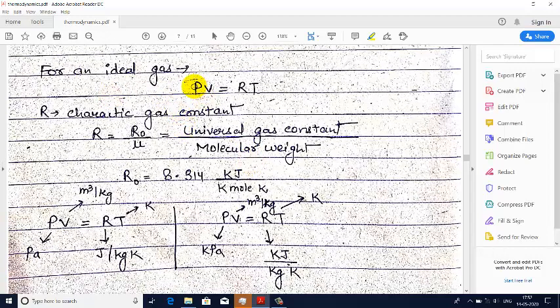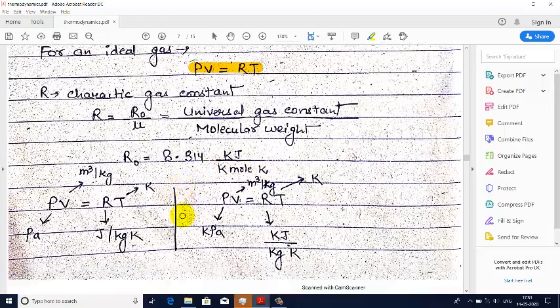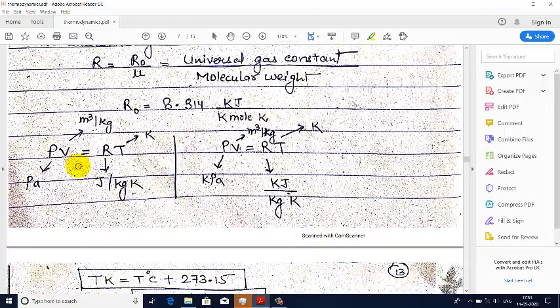for an ideal gas, we know there is a relation PV is equals to RT, where R is characteristic gas constant. The value of R is R0 upon mu, where R0 is universal gas constant and mu is molecular weight. Okay, so R is basically a constant here, and the value of R0 is 8.314 kilojoule upon kilomole Kelvin. In this equation,